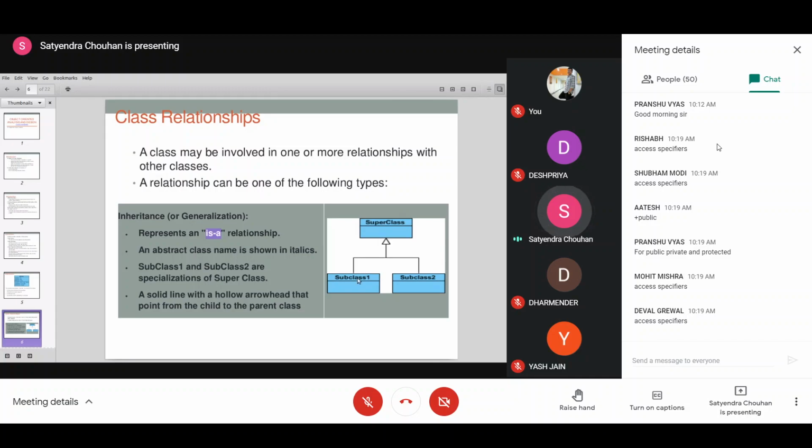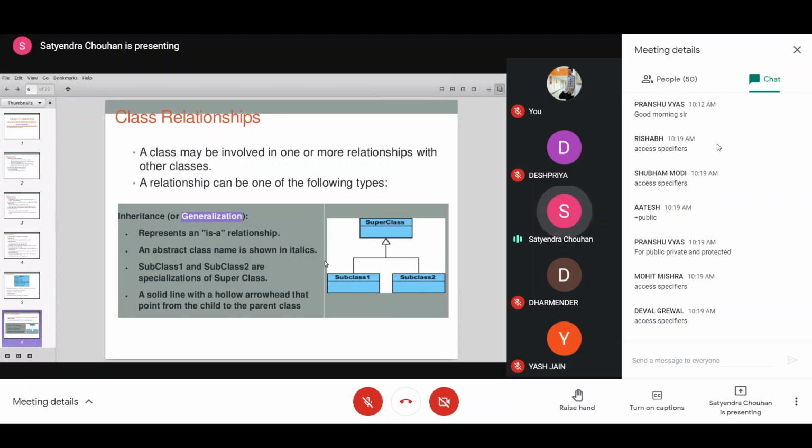The arrowhead is pointing towards the superclass. The solid line with the arrowhead that points from the child to the parent class shows the is-a relationship, or basically inheritance, or we can call it generalization.